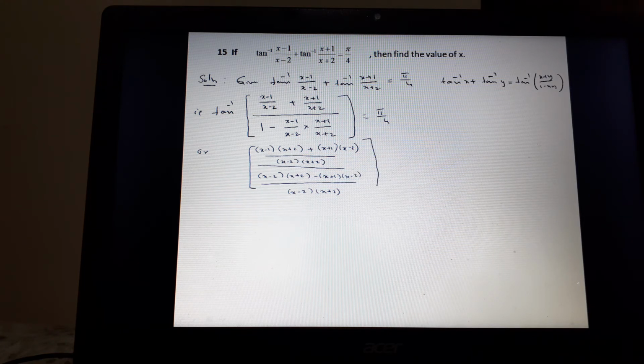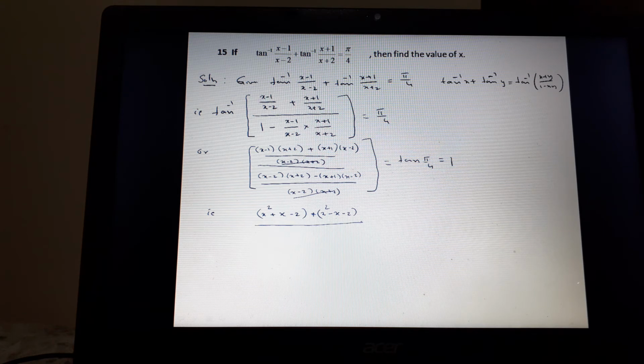And what I do is I take this tan inverse this side. So it is tan pi by 4, which is 1. Now we have to simplify. See, these two cancel. Common LCM here cancels. Meanwhile, we will simplify this also. That is, here this becomes x square, then plus x, then minus 2, then minus here. This is plus here. Then x square minus x, then minus 2.